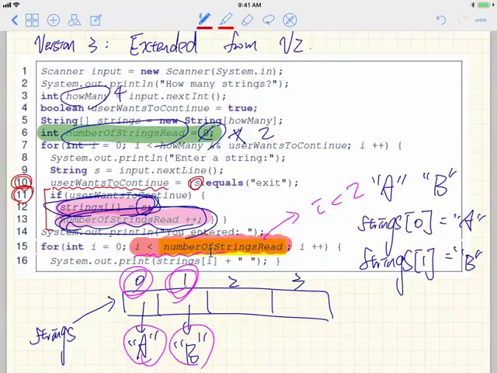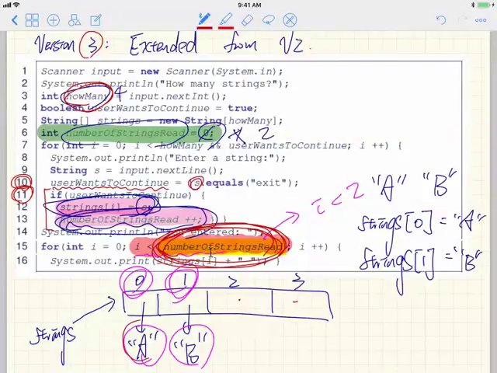Yeah, questions? How do we manage to prevent seeing that null string, because we saw that in version 2? So the question was, in this version number 3, how do we manage to avoid printing null in these two positions? The key is really this counter. This separate counter tells you how many strings we have read so far from the user, which can be 0, 1, 2, 3, 4, up to however many. So now, if we simply put number of strings over here,